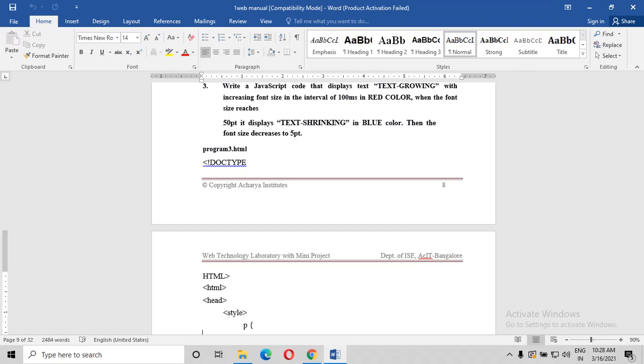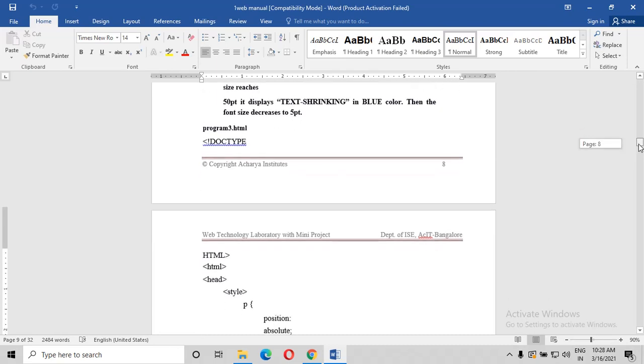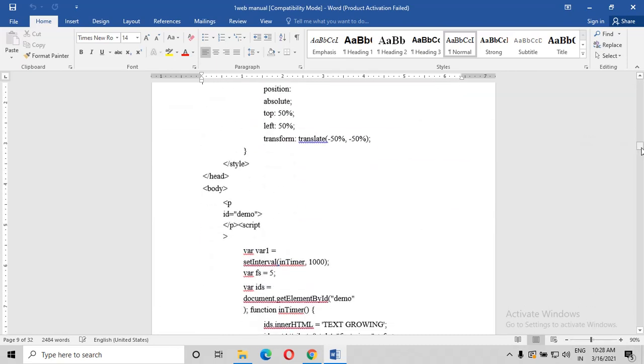Okay. So you know that the program will start with the doctype HTML. In the HTML head part, there is the style. You are adding a style for the P. Everybody knows what P is, right? A P paragraph, whatever you are taking, that particular positioning should be absolute positioning.